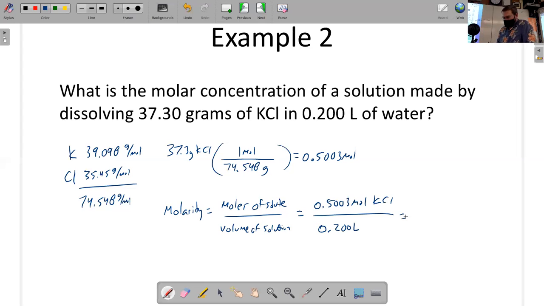Liters is already the standard unit, so we're good to go. So that's 2.5 molar. There's three significant figures in the 0.2, so it's 2.50 moles per liter, but always write it as 2.50 molar,